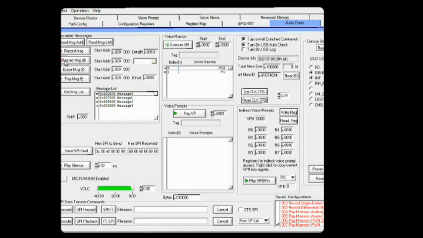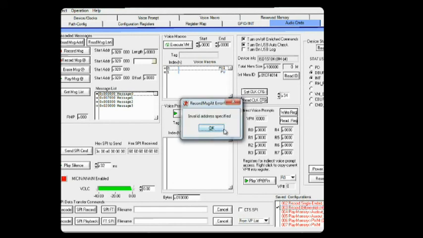Okay, for this record a message at command to be successful, the starting sector you provided here has to be either an empty sector or a reserved sector. If you try to record a message into an already used sector, then you should be able to see the error bit. If you want to record into this sector again, you can see